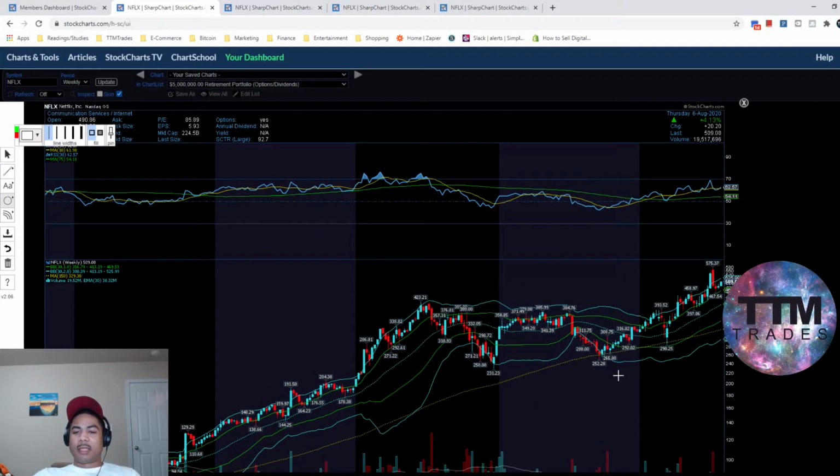But again, if that price action is holding above that one standard deviation Bollinger Band and steady trending upwards, then we know that the stock is in a strong uptrend. So as you can see here, it's been holding above that one standard deviation Bollinger Band here, that green line, showing that the trend is intact and holding steady, and each time it pulls back to that one standard deviation Bollinger Band, it finds it as support, as you can see here,